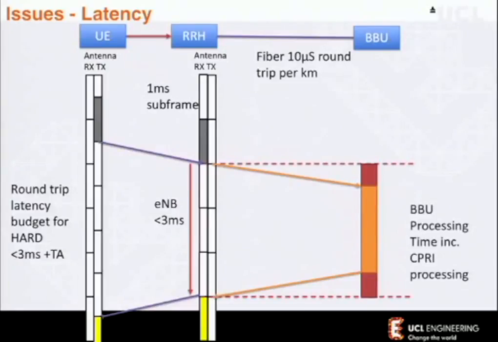Light travels quite fast. Perversely in fibre, it's not the speed of light but two-thirds of the speed of light, but that's still pretty quick. But it does lead to a reduction in my time, and I have to take into account everything that wasn't expected. So any framing, CPRI, compression, encapsulation, anything I do, that processing time has to be taken into account. And so I now put even stricter requirements on how quickly I'm responding to my acknowledgements. And most of the research we do in radio over fibre comes up against this as its main bottleneck.